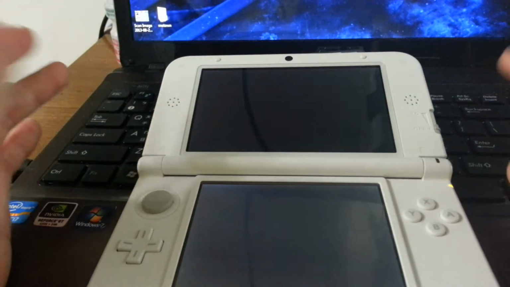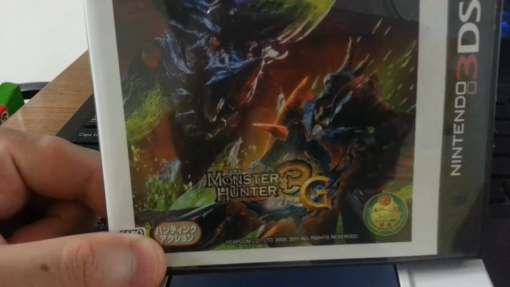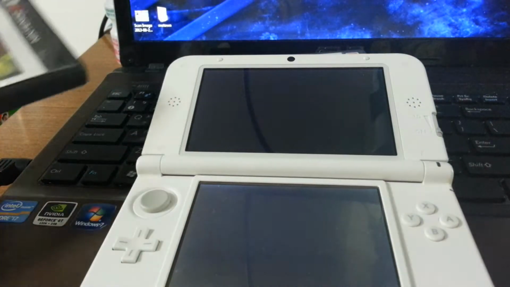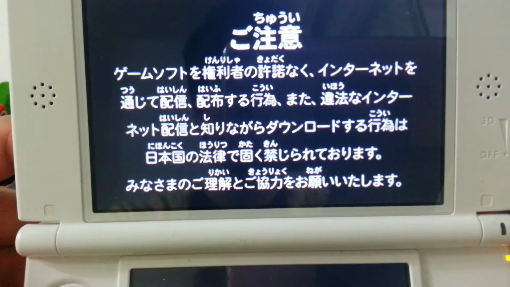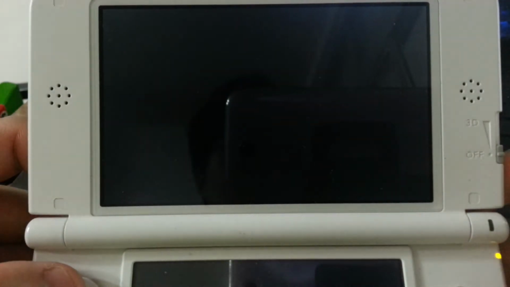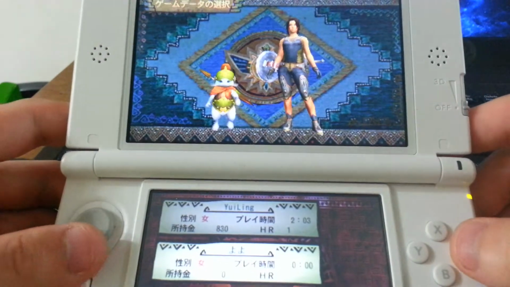So, what are the changes? What are some of the differences between Monster Hunter 4 and 3G? Quite a lot. First things first, the visuals are a lot better. The game had a graphics increase, so the graphics seem a lot better than its original counterpart. Second, they added new weapons,